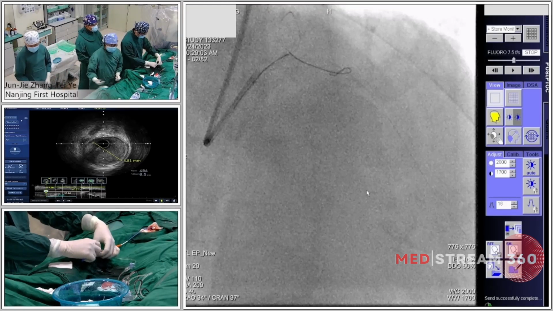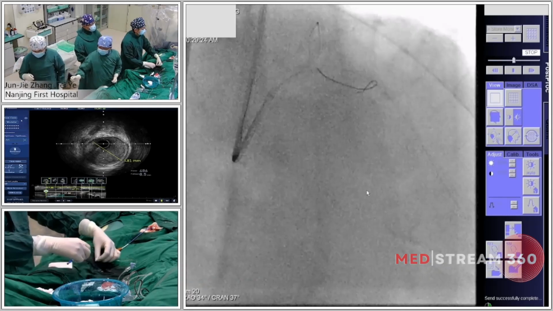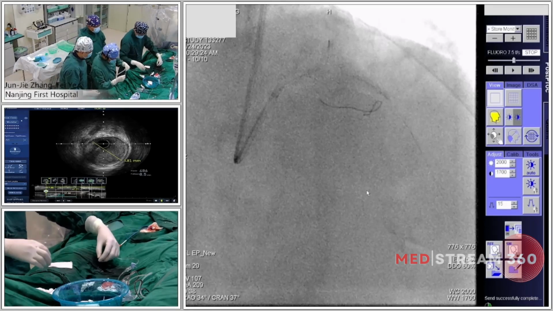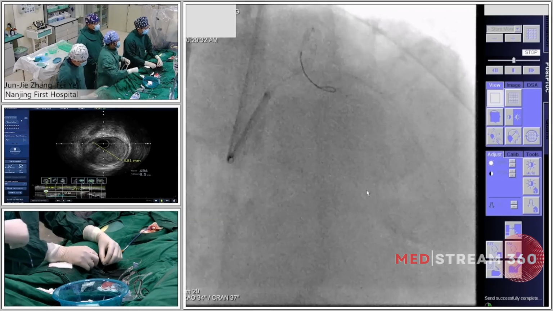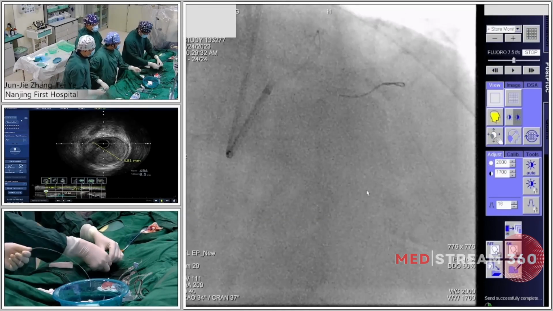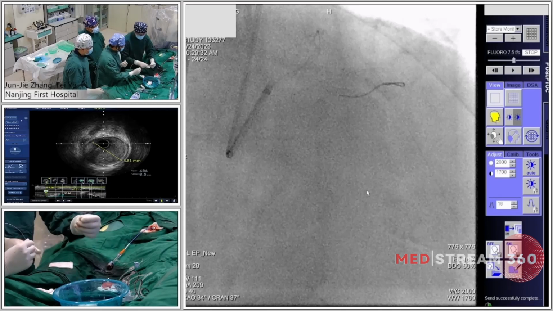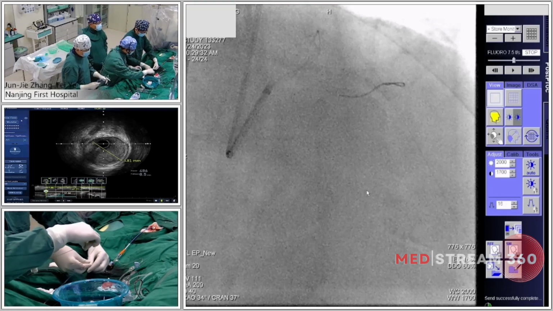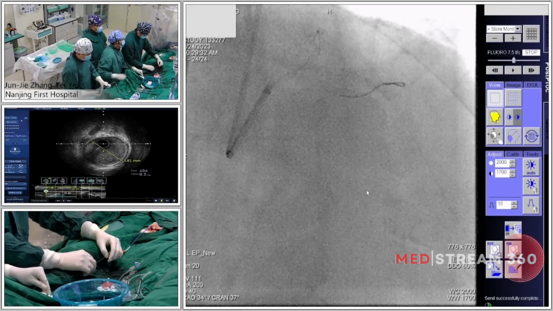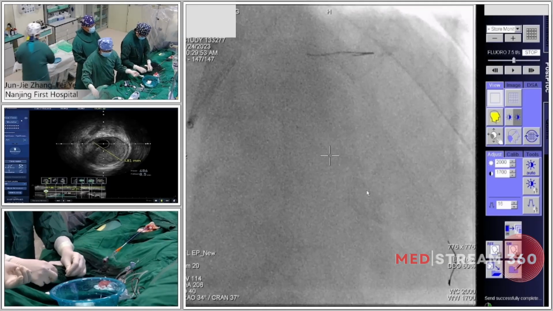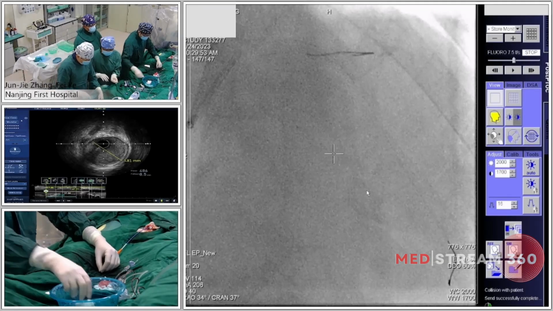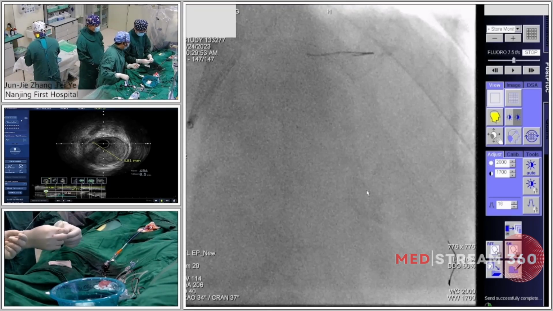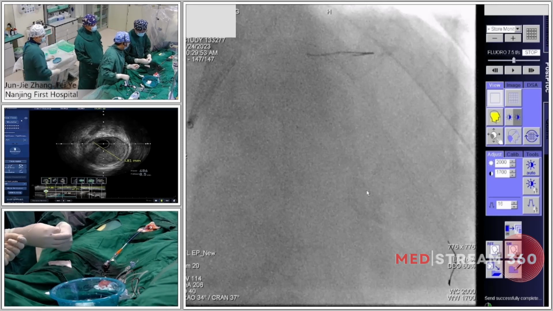So considering the total lesion length from the left main to the middle LAD landing zone is 42, maybe we need 2 stents. The first stent will be put from the middle LAD to the proximal LAD and will fully cover the ostial diagonal. Of course, we are also avoiding an overlapping segment at the ostial diagonal. So from this view, I think lesion preparation is very important for this severe calcification. So we will do the NC balloon predilation again. If we still cannot advance the stent,